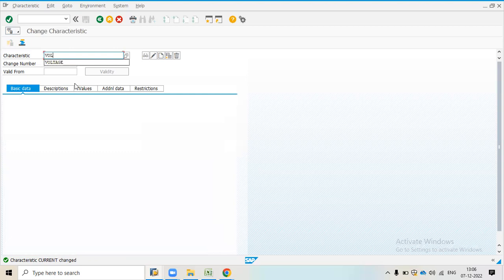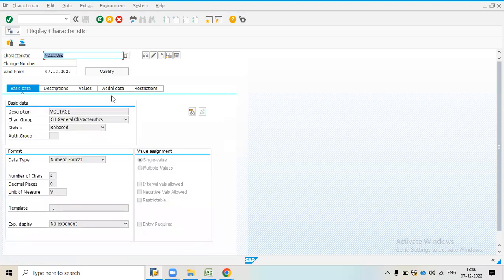Now I'm going to create voltage. Again I will click on the display icon, and we can check, and already someone has created it. Still, I am going to explain it in detail. If you want to create voltage as a characteristic, you need to maintain voltage as a description, and you can take character group as general characteristic, or you can keep it blank.